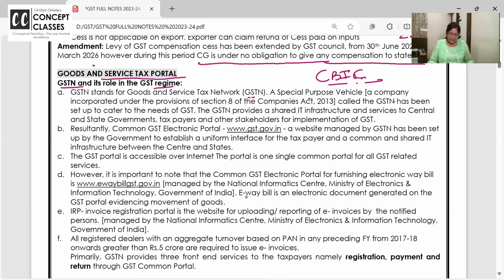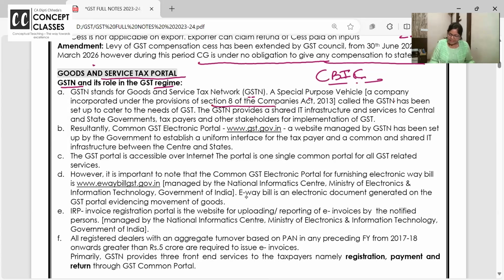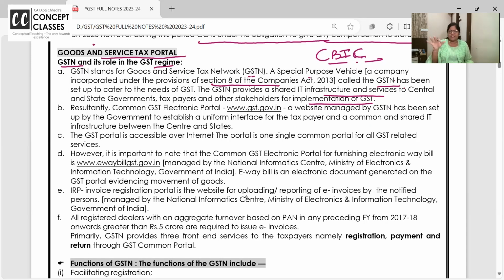A special purpose vehicle, a company is incorporated under section 8. You all know what section 8 companies are? Not-for-profit. Even the Institute of Chartered Accountants of India, cost accountants, these are all non-profit organizations. So like that, for portal managing, they created a section 8 company. They called it GSTN, right? Okay, and under this they have set up all the various GST services, right? Okay, this portal is